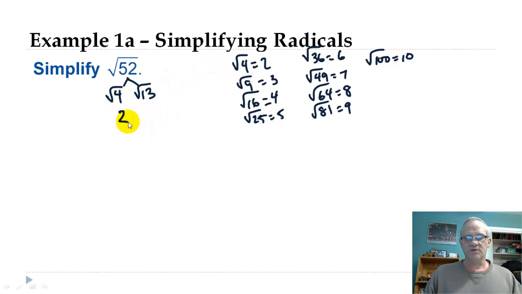So this would end up being 2 times the square root of 13. That would be the simplified version because we had a perfect square inside of 52 that we wanted to take out. The other way that you could do this,